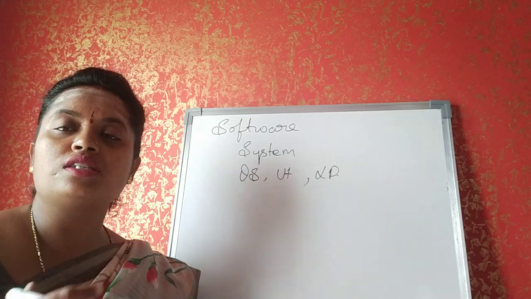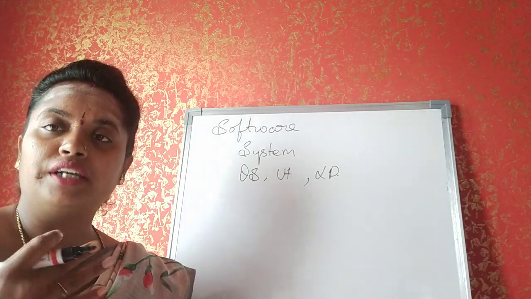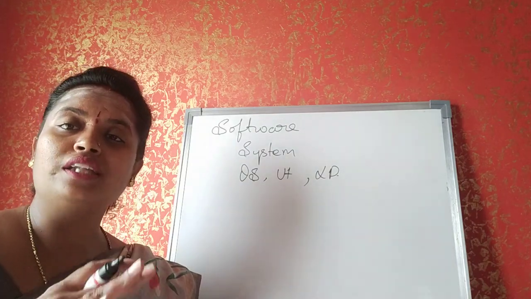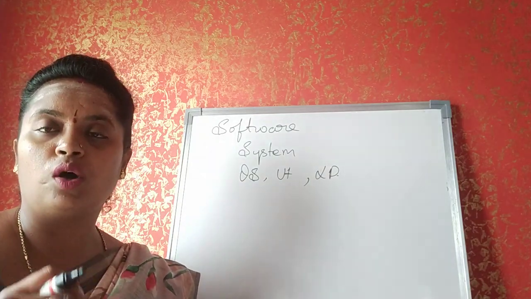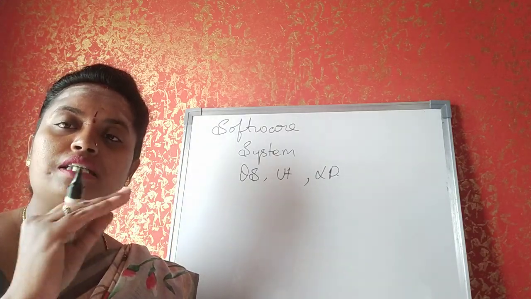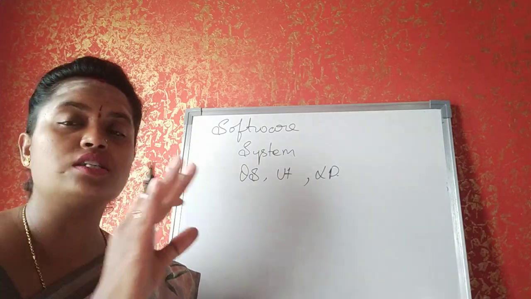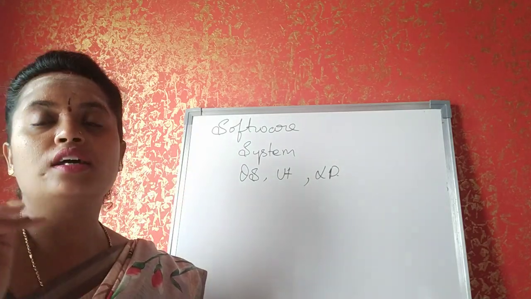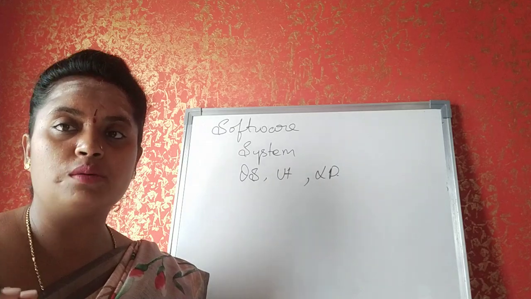Then you got to know about the operating system. If you are connecting your system to different networks or to the internet, to run the system smoothly without any problem, you have a domain system, or you call it the admin system, wherein that system controls the activities or the networks of the other systems which are connected to it. That's the help of the operating system software.